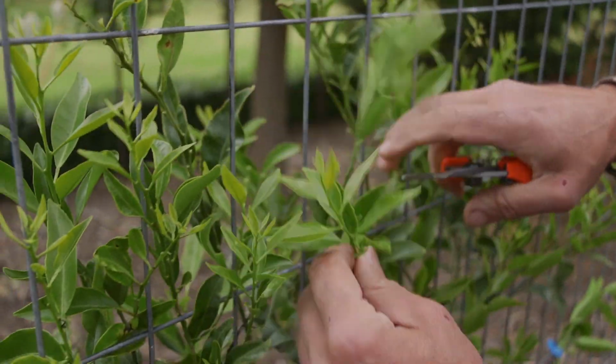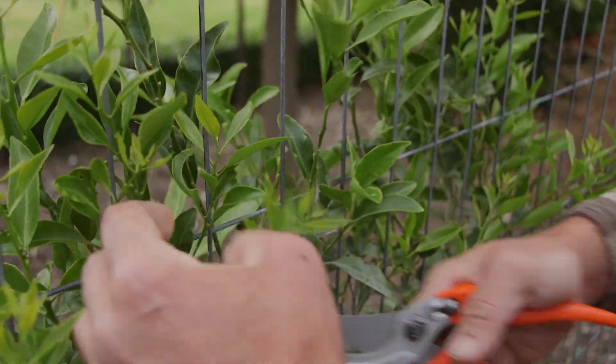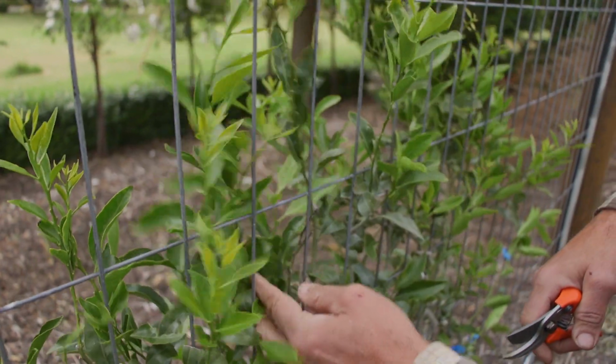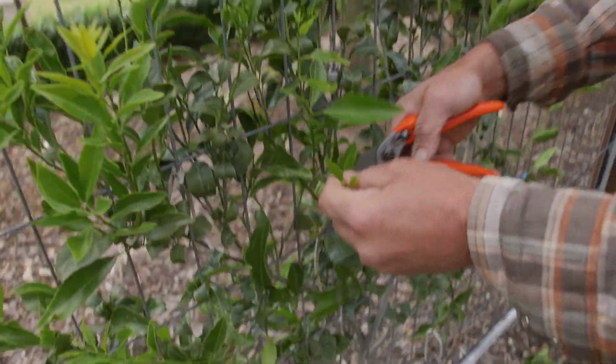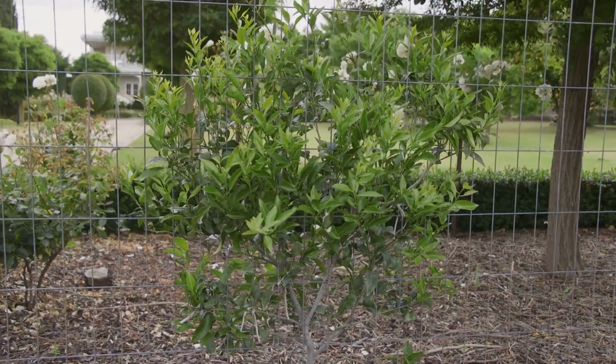And that's what we look for. And that one's not too bad, but we've got to go on the other side. So let's just cut that off there for now. Cut all these off, don't need all that. We've got a nice strong one up there, and all this at the bottom still coming through. You can reverse or rewind the video you just watched, folks, if you can't remember what it looked like earlier because I'm taking so long to prune it, and you'll see what it was like before to what it is